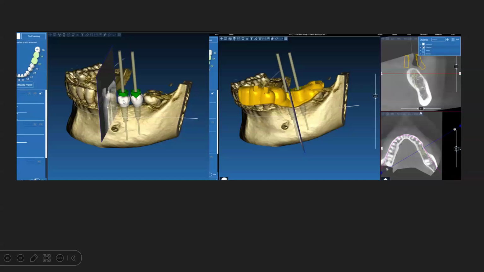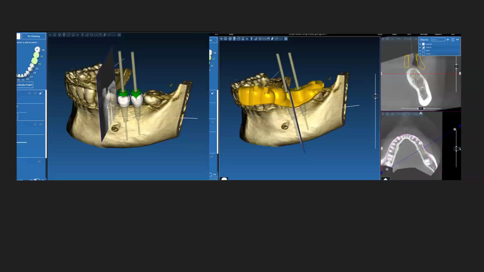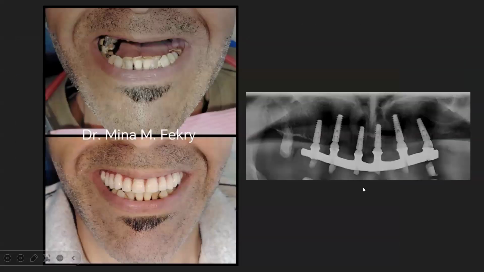Also, in the digital era, you can see what you are doing. You can have your job done with a guided surgery, no guesses, no intuitions, no good intuitions. Everything planned is to be done in the surgery. This case was done with guided implant surgery using a real guide and MGM implants. This is my everyday workflow nowadays